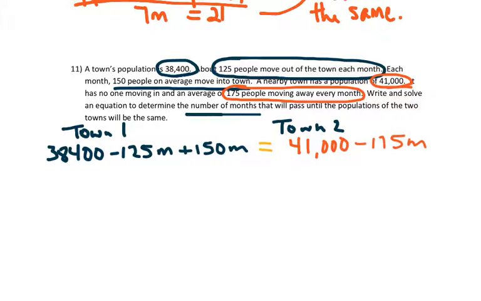Now, on the left-hand side, I'm going to combine like terms. So, negative 125m plus 150m is a positive 25m. So 38,400